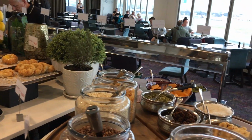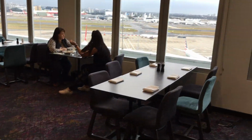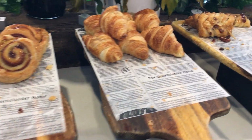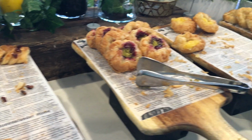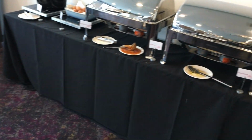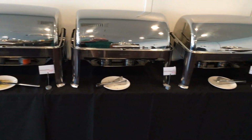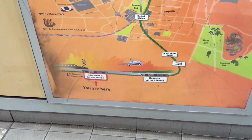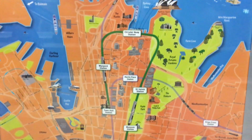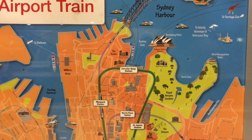Guess we're gonna do the rooftop breakfast this morning. What a view. Muffins, croissants, all kinds of grains and cereals, eggs, sausage. It's back on the train this morning, and we're gonna go up near Circular Quay and probably catch a ferry